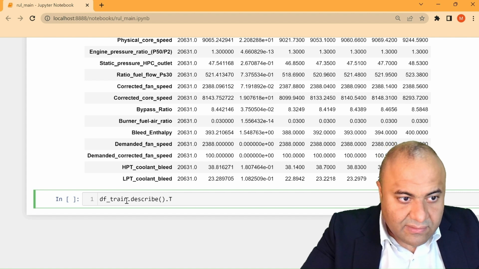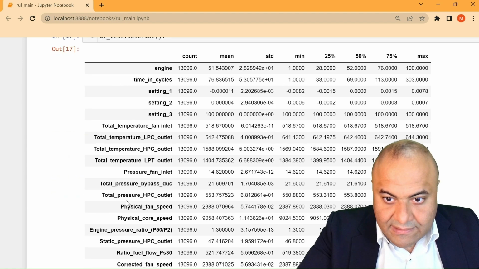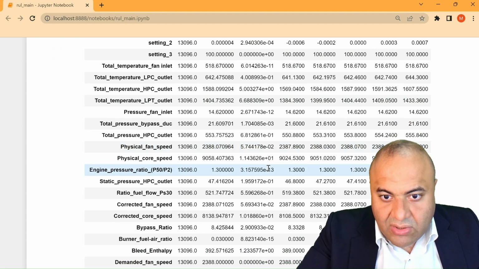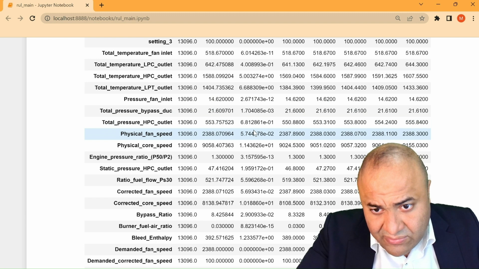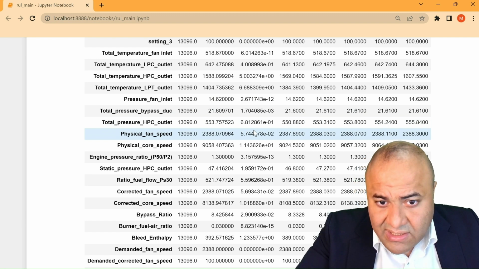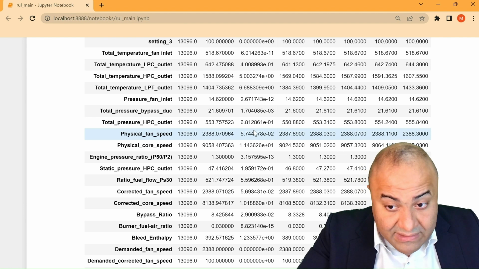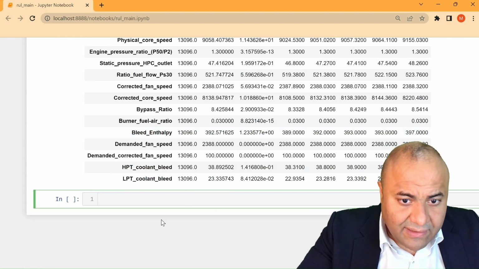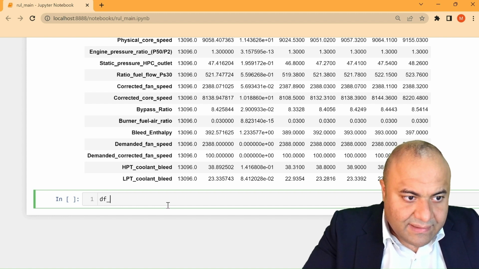So here you can do test, and again these values can appear. Of course, the main use of these values is that you investigate, you see these values. Is there any abnormal value or not? This is very important. So this is a summary, and after that what we will do is